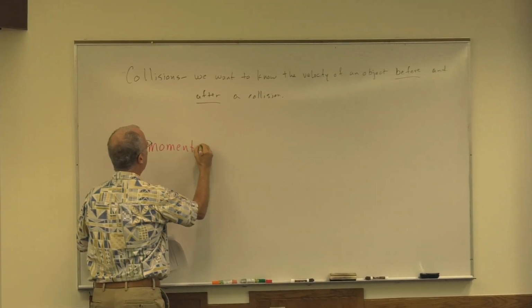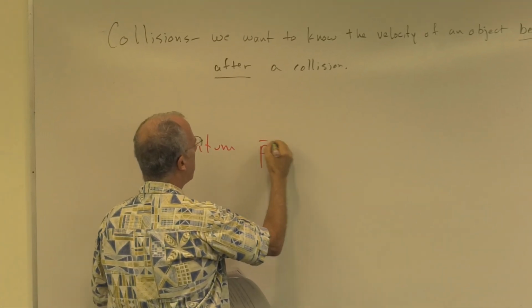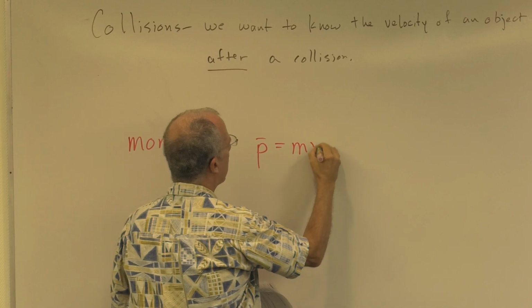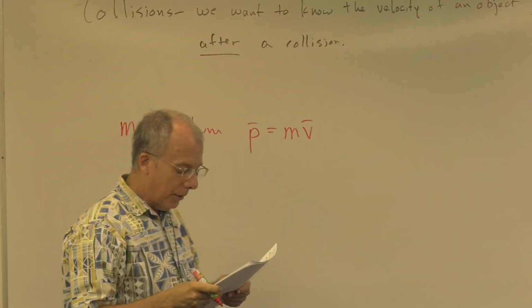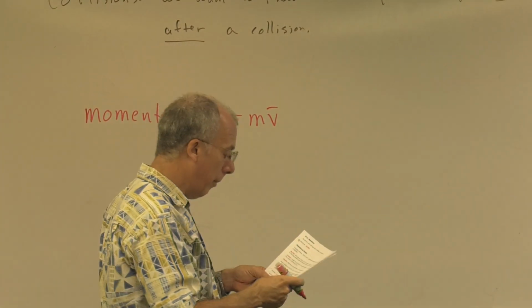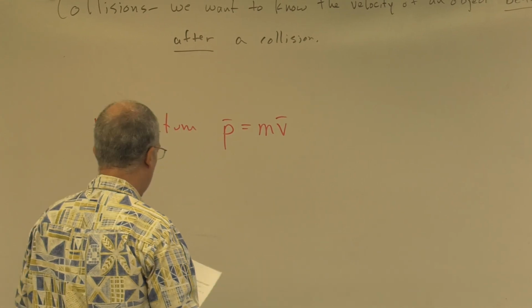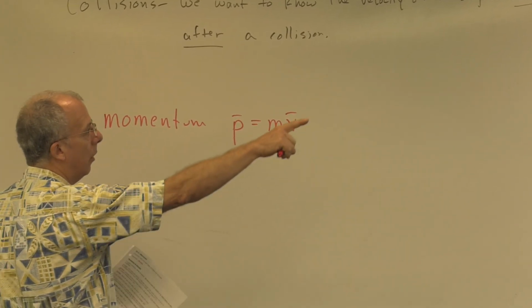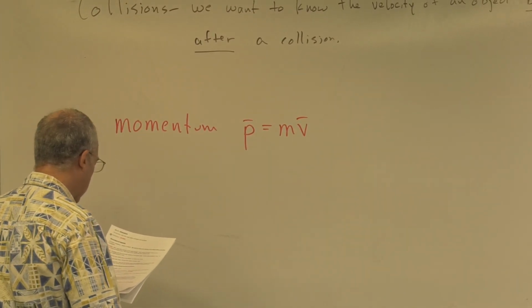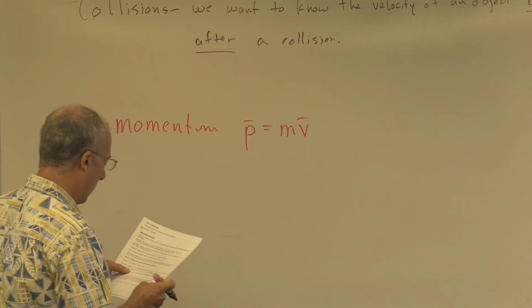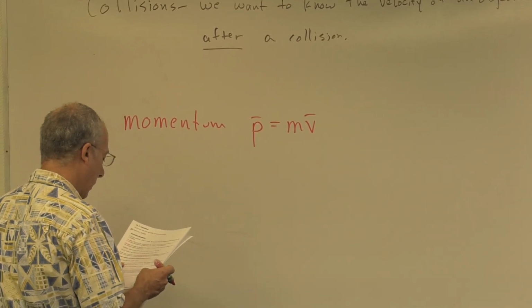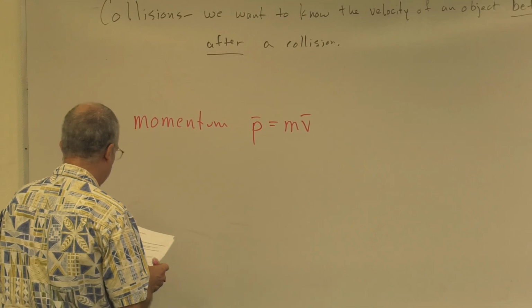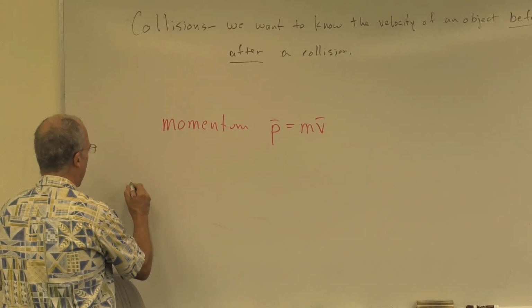incredibly important in physics. Momentum, lowercase p, vector equals mass times velocity, vector. So that's momentum, okay? That's momentum, mv. So if we know that, we can write the impulse momentum theorem differently. And here's why. So here's a different way, so we have J